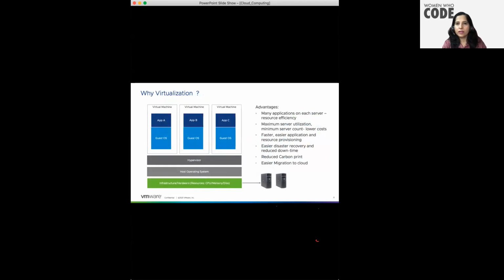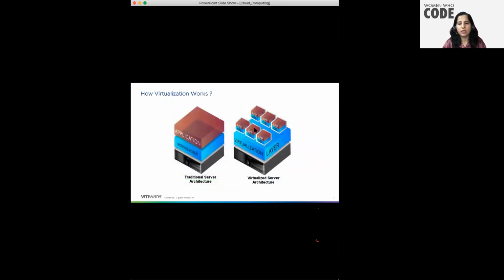It's again the virtualization layer. What I explained here, you can see in this diagram: there's a physical server, and over that you have a virtualization layer, which abstracts the physical hardware. It emulates the hardware and provides it to the applications above.